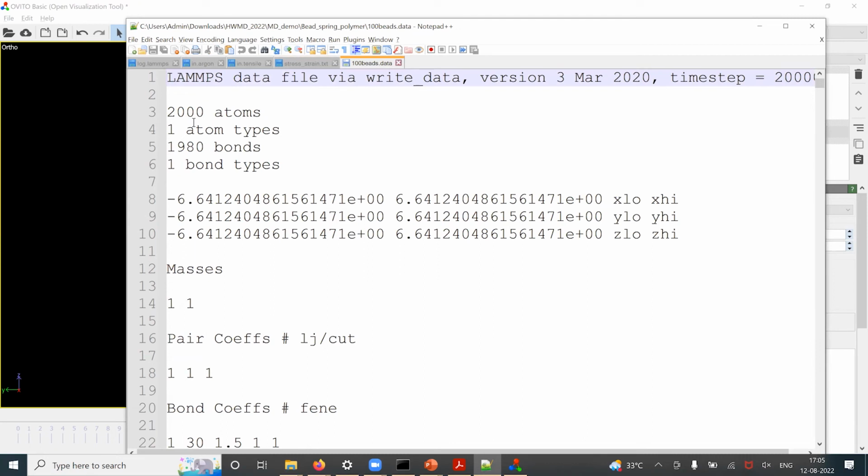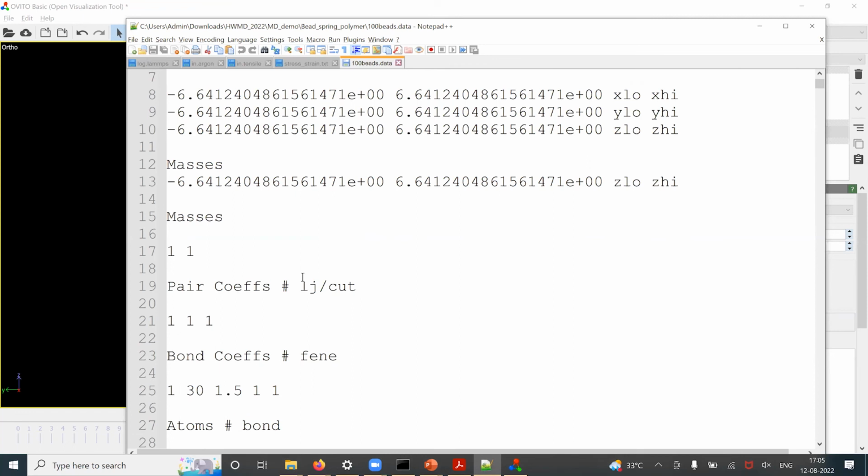If you open that, you'll see that there are 2000 atoms. Now the system is different from the ones that we saw earlier. So the first example was argon. There were no bonds defined between various argon atoms. But now we have polymer chains, and we know polymer atoms are covalently bonded with each other. So there are polymer bonds,